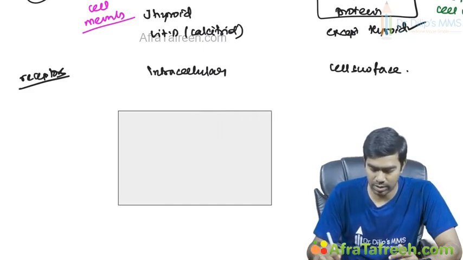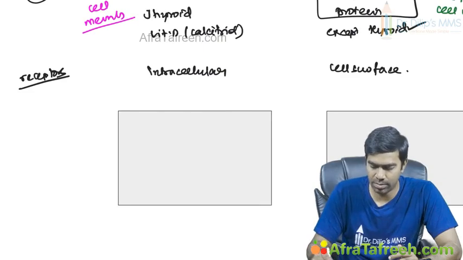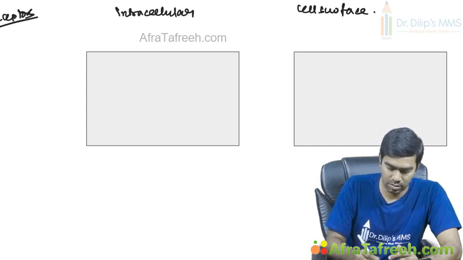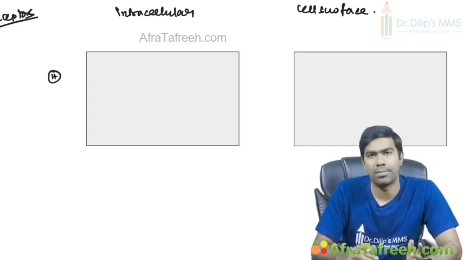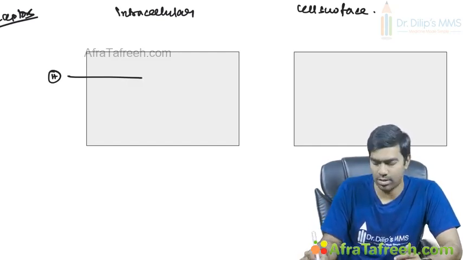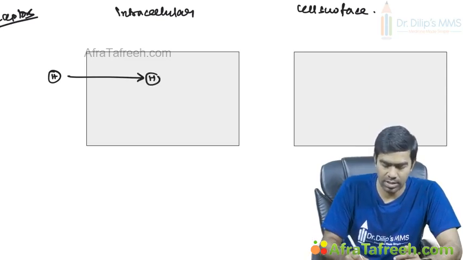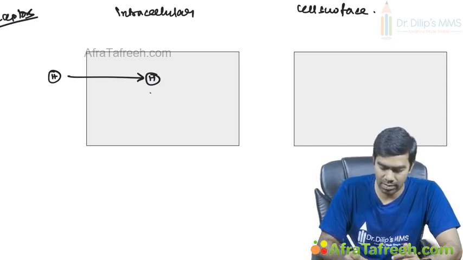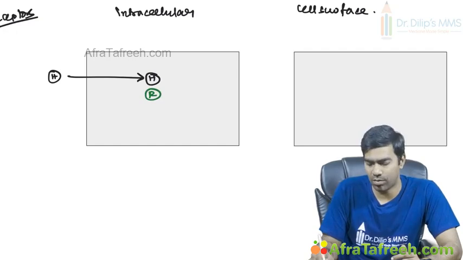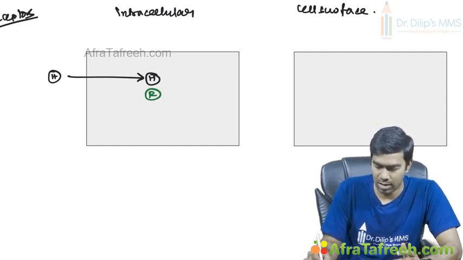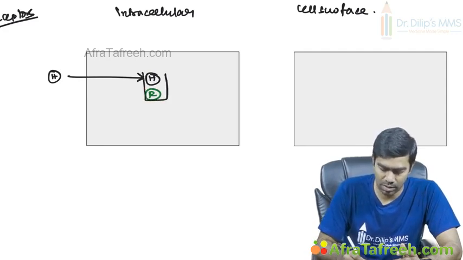Let us draw two cells here. Activation principle is quite simple. The first activation principle, these hormones can enter the cell membrane and go into the cell, which means inside the cell they enter easily because they are lipophilic, and inside the cell they have a receptor for them. This is called intracellular receptor, and together they form a complex called hormone receptor complex.